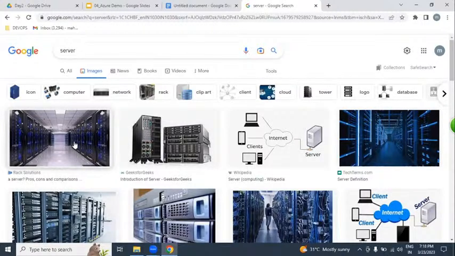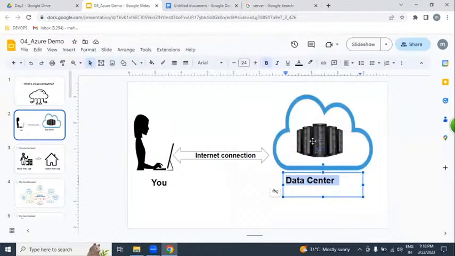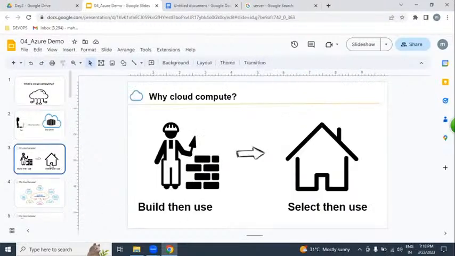So if we can access a server or a network from these data centers over the internet from a laptop, that is nothing but cloud computing.